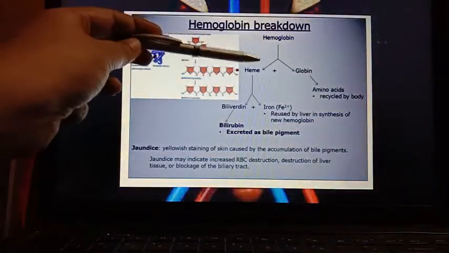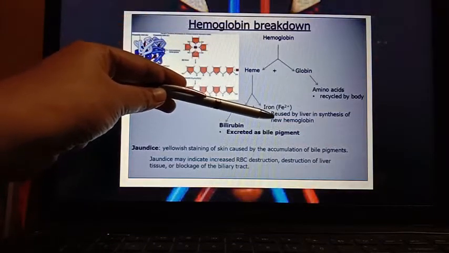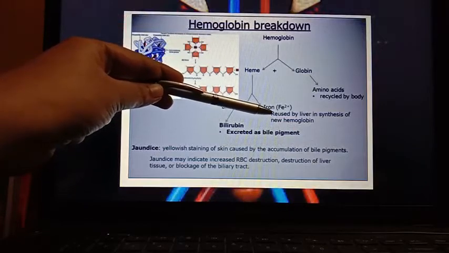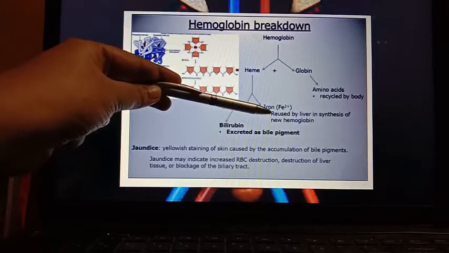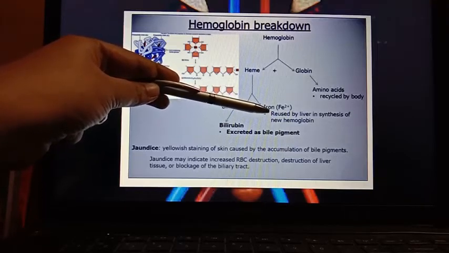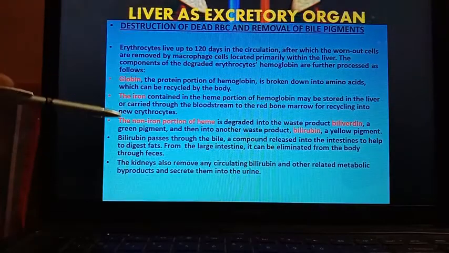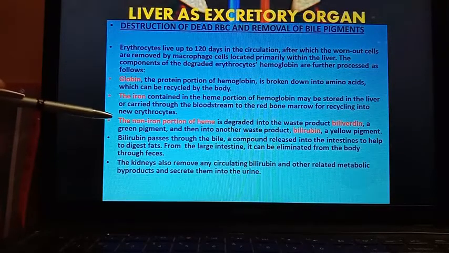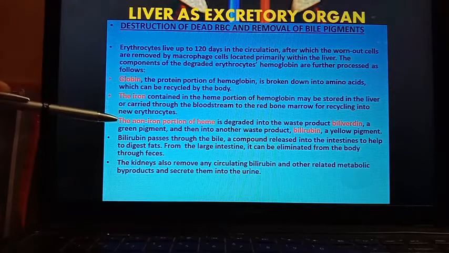Here you can see that hemoglobin contains the iron, which is reused by the liver in the synthesis of new RBC, new hemoglobin, or it is transferred to the bone marrow by the bloodstream, where also it is used for the RBC production. Now the non-iron portion of the heme is degraded into the waste product biliverdin, a green pigment,